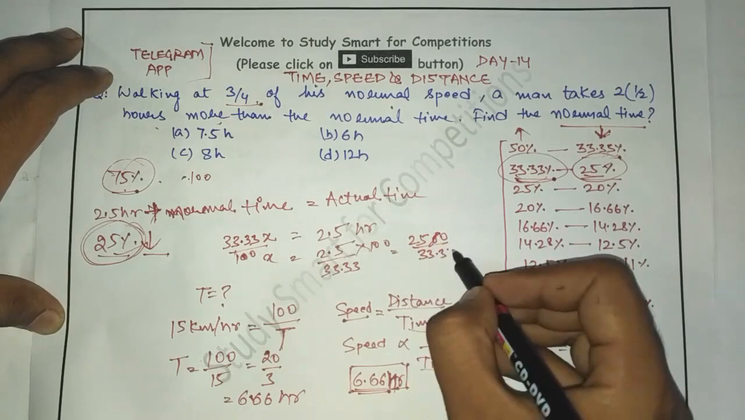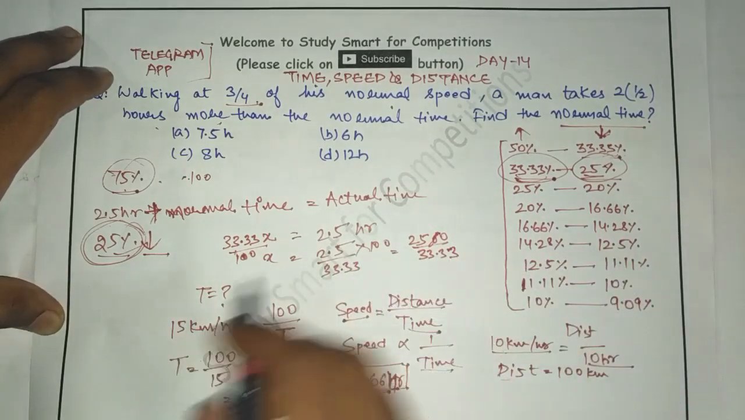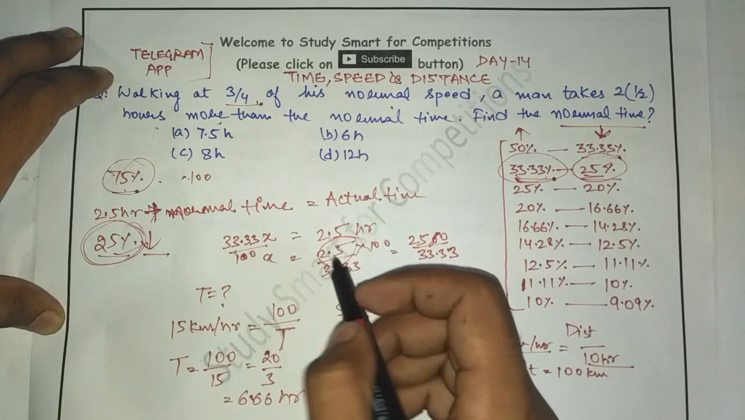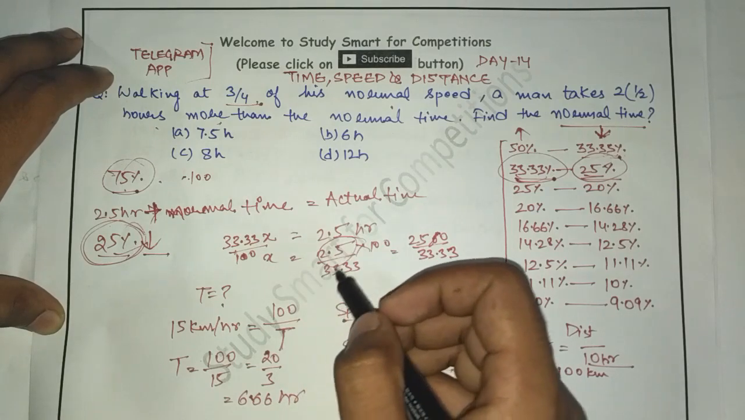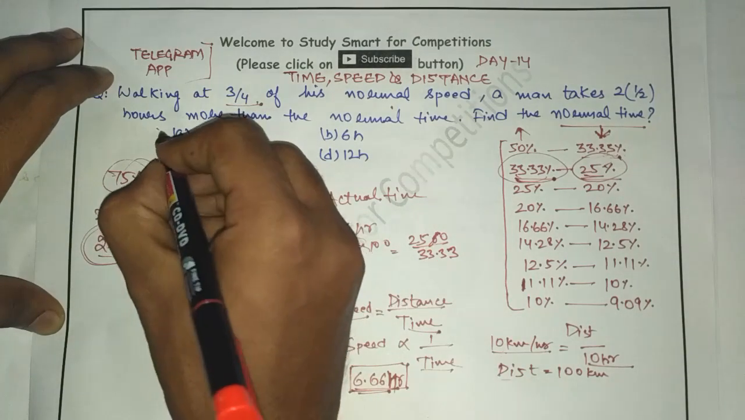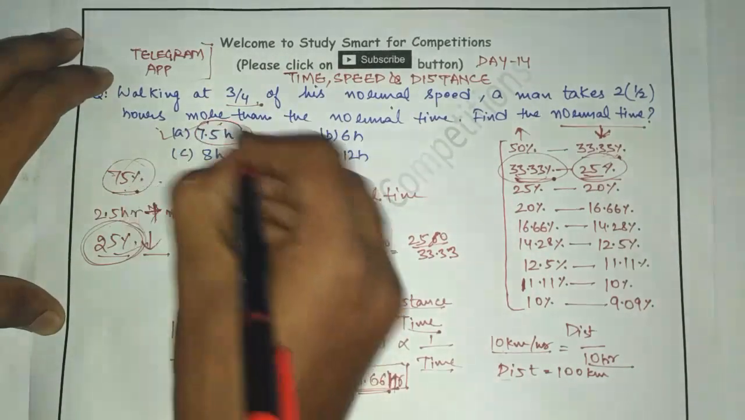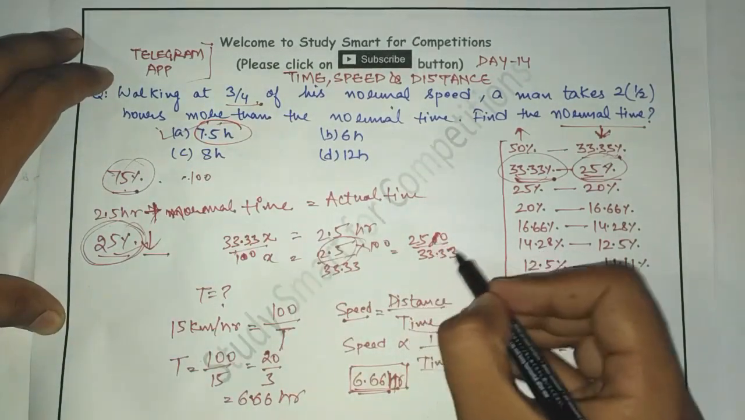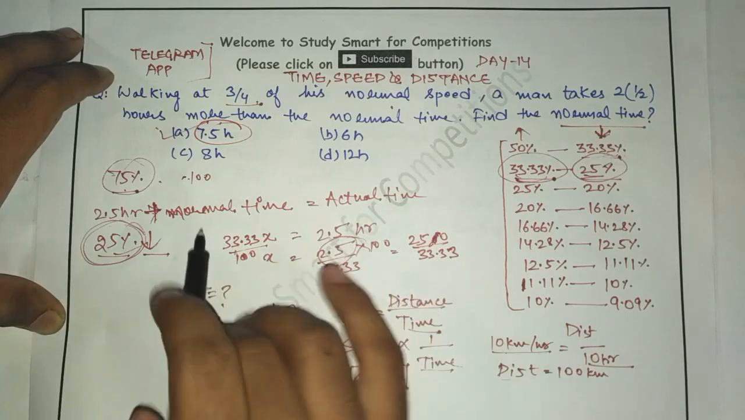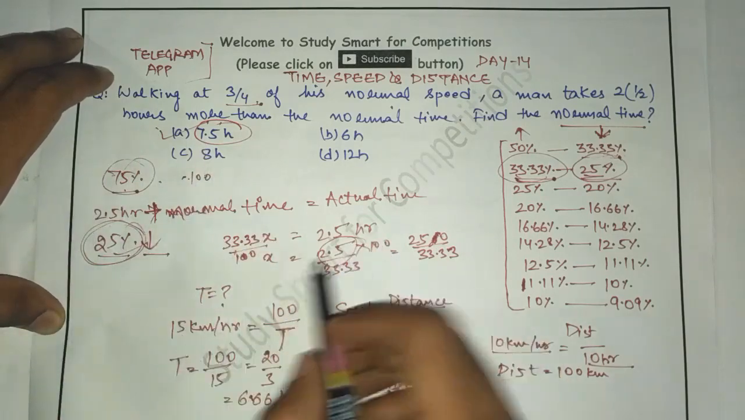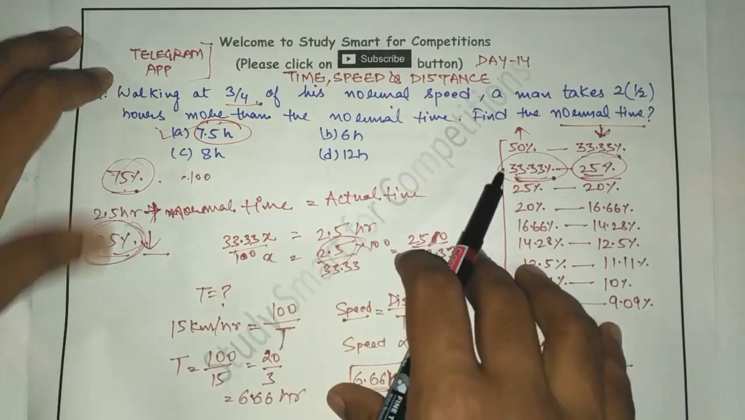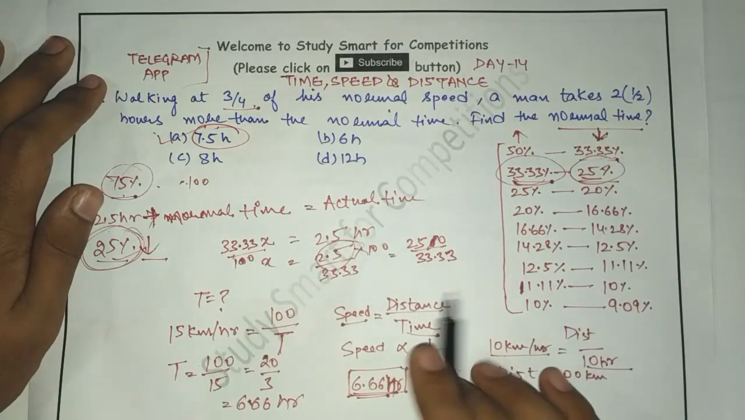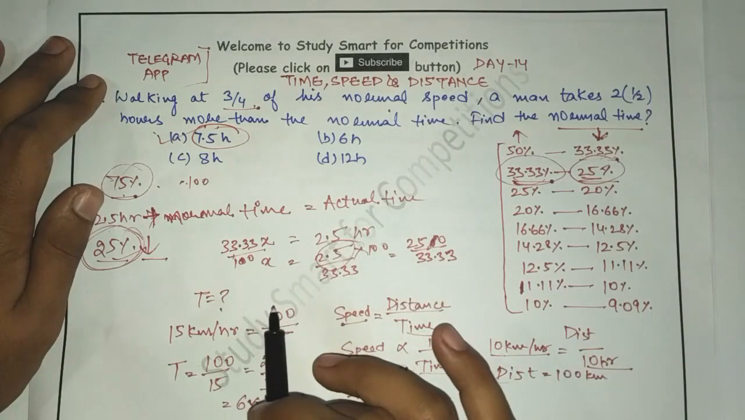250 over 33.3, and that comes out to be 7.5 hours. I hope you understand. If you calculate 250 over 33.33, that comes out to be 7.5. You do not need to calculate this 250 by 33.33 if you know that